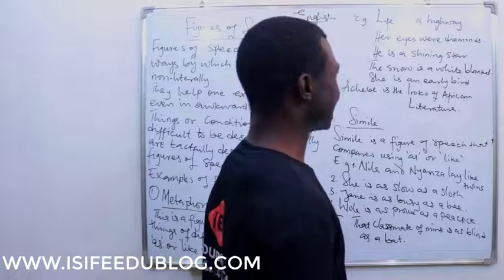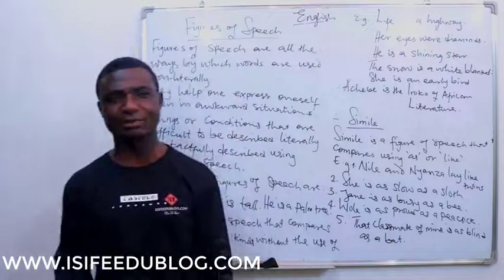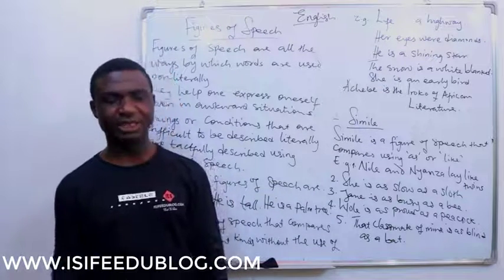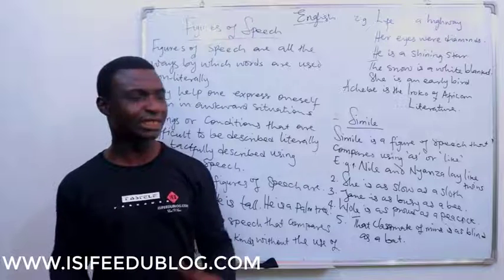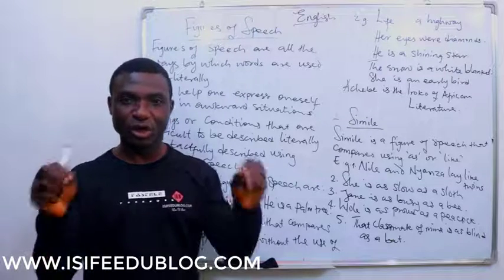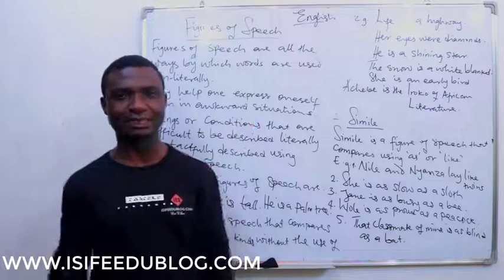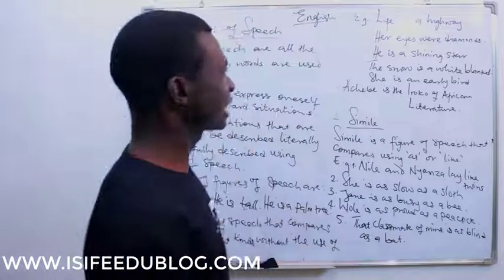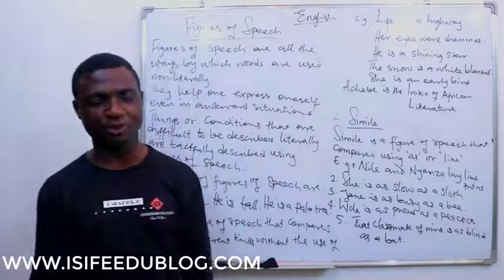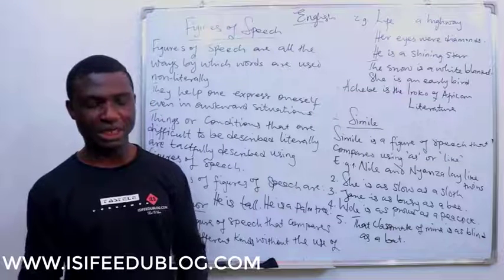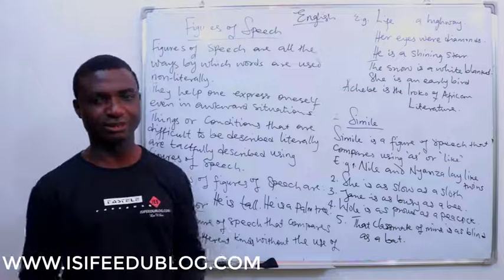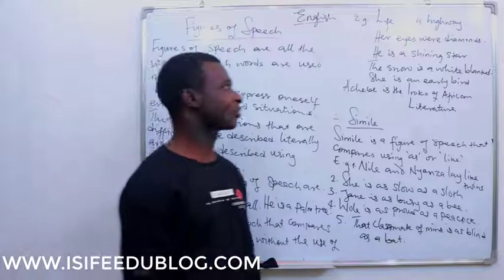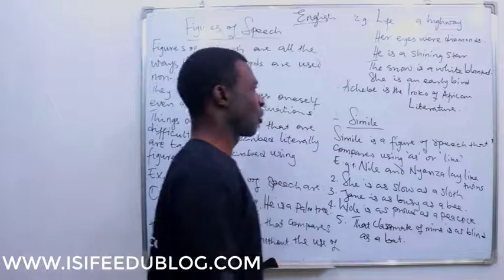Her eyes were diamonds. You know how sparkling diamonds can be. And this example compares a lady's eyes, a girl's eyes, to the diamond because they are magnetic. Now, he is a shining star. That's a typical metaphor. He's a shining star. You can notice him even from a distance. You do not need to ask. He is noticeable. The snow is a white blanket.